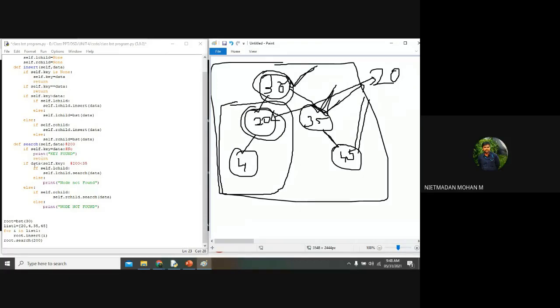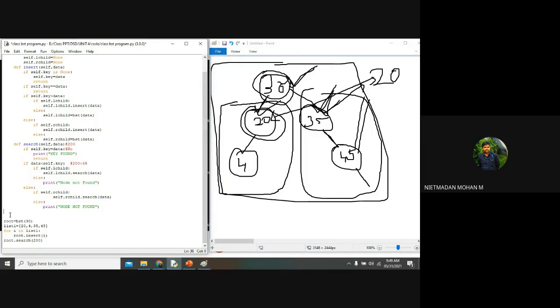False. So here it will be considered, is 200 less than 45? That is false, right? Why? Because we are going to search only in the right hand side, so this condition will be false. Now it will come here to self.r_child. Is any self.r_child present here for this 45? No. Then automatically it will terminate the if part, and the else part will find out that the node is not found. That is the case. In the same way, it will be considered on the left hand side also.